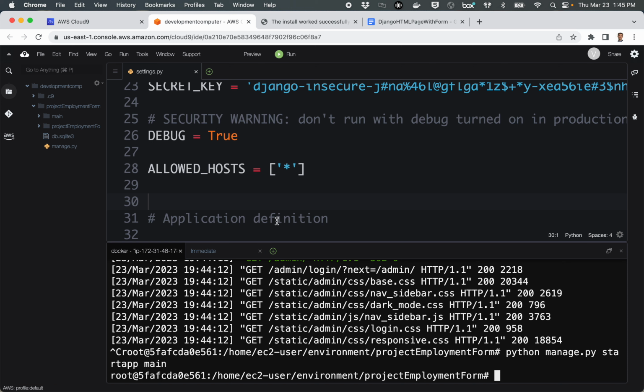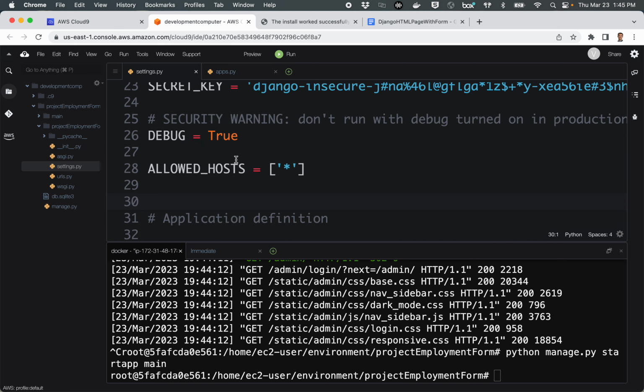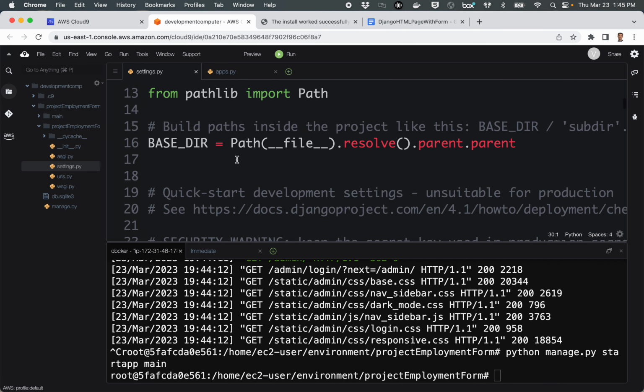We have to do some things now, a little bit of housekeeping. Right now, the overall website, the one that we were just previewing, the project, doesn't know about this folder. So we need to make the project aware of this folder, or this app, more accurately. And so first I need to find the name of this app. And if I come down here into main apps.py, this is the name of the app. So I'm going to copy that, and then I'm going to go, I still have this settings.py open, but in case you don't remember, over here in the main admin portion for settings.py, I need to now scroll through here